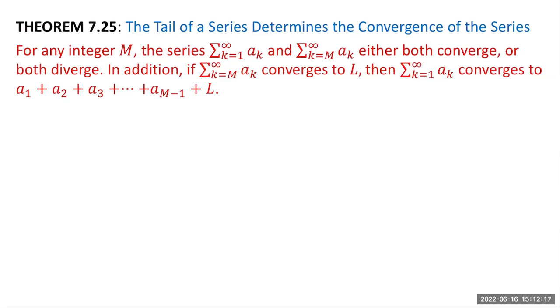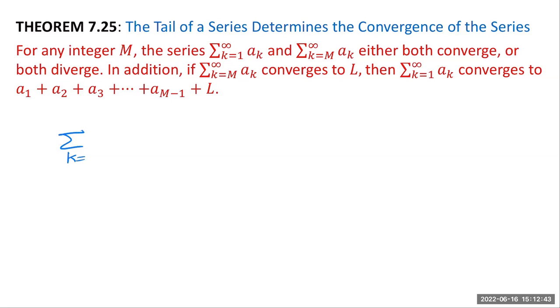Next, let me walk you over this theorem. The tail of a series determines the convergence of the series. To determine the convergence or divergence of a series, all you need to do is to study the tail of that series. Pardon me. What do you mean by the tail of a series? Well,